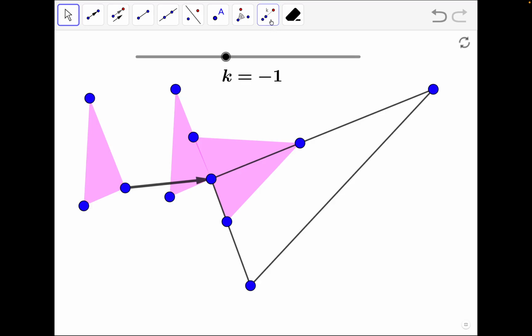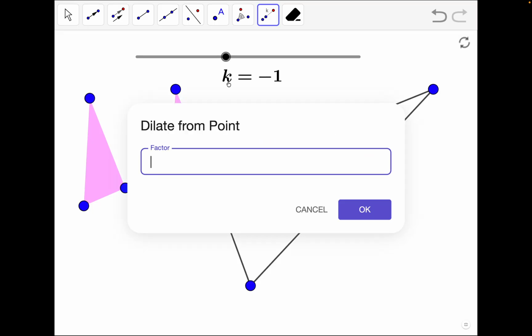But we can make a similar triangle by using the dilation tool. Right here, the ratio of every triangle to any other triangle here is 1 to 1. But this triangle to the bigger triangle here is not a 1 to 1 ratio. We need to actually scale this triangle right here up by a certain scale factor, which we'll call K. So now let's use the dilate about point tool. Here's the object we want to dilate, and there's the center of dilation right here, and we'll call K the